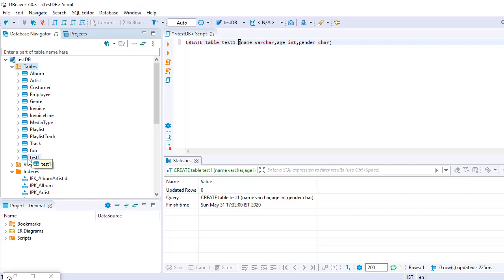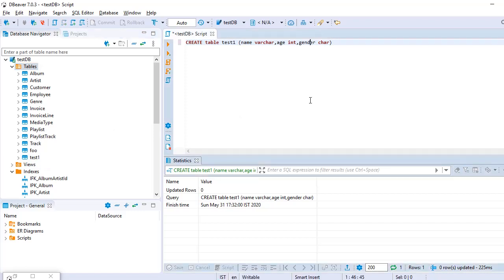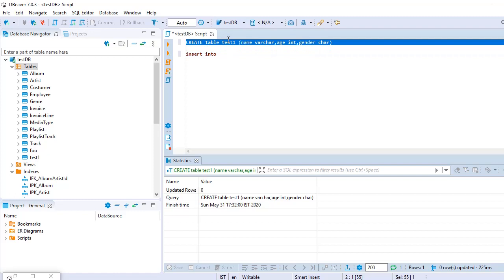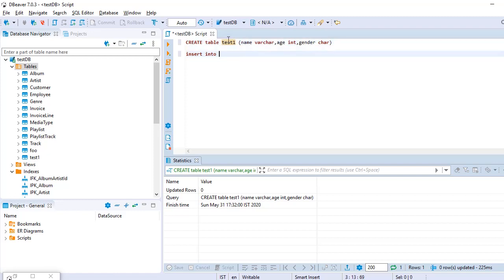There is no data in it, so we can insert the data using the insert query. Insert into test1. Now we can directly write the values.